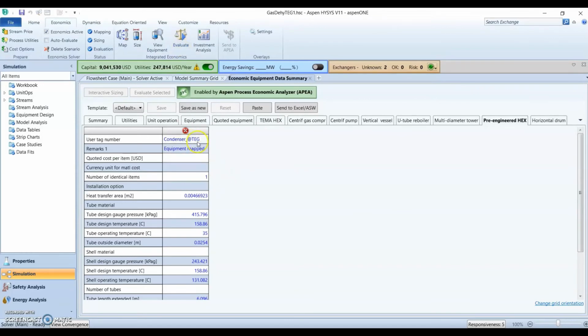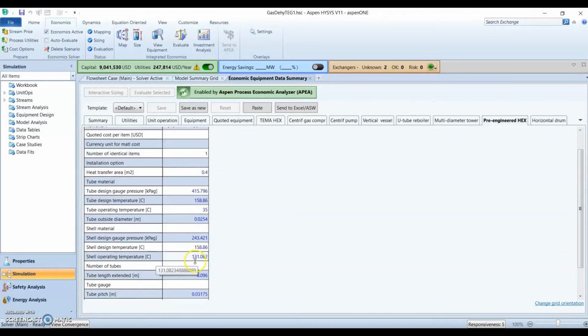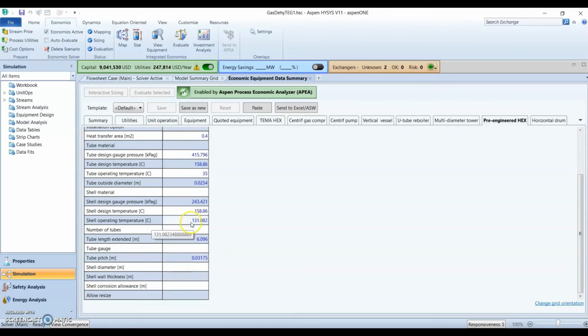Okay, so now there's still error. The error is still in the condenser. So how can we resolve this? The heat transfer area. Because it's a customized heat exchanger, I can customize it to 0.4 meter square, and then I can make the extended tube length shorter to 4 meter.